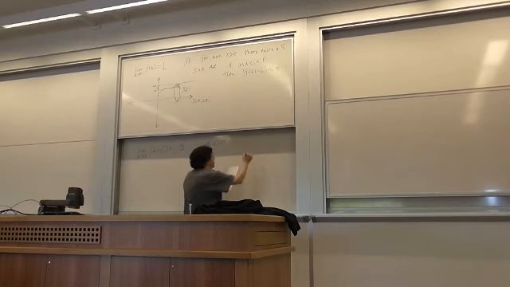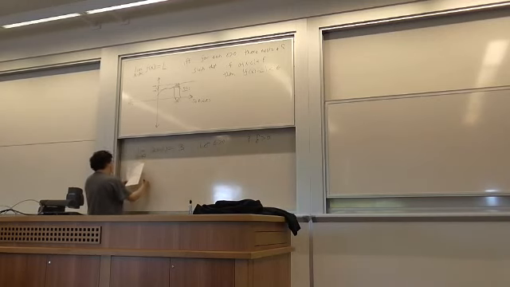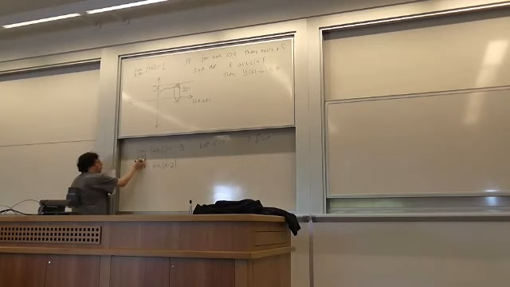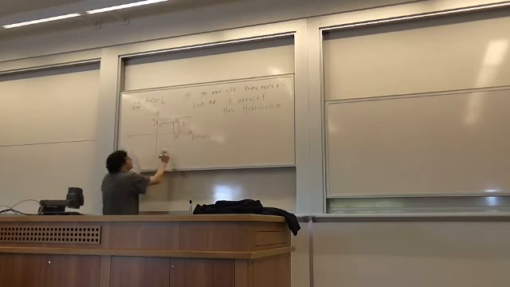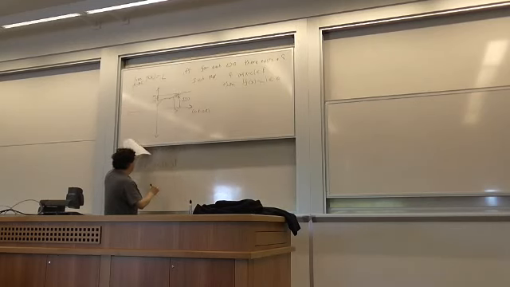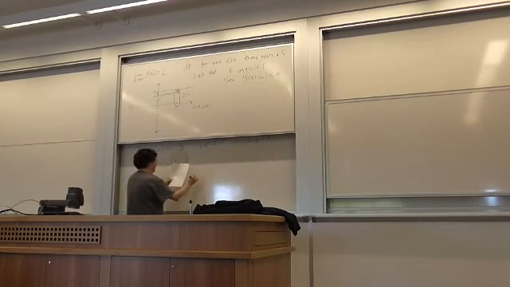And what we want to show is that there's a delta greater than 0 such that if the absolute value of x minus 2, in other words, the distance, this is an interval around 2, is less than delta,